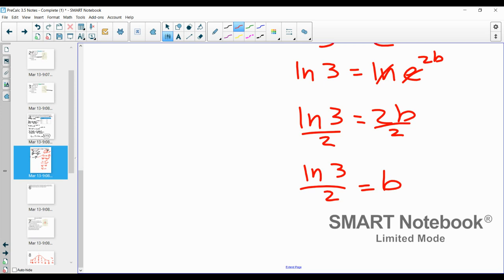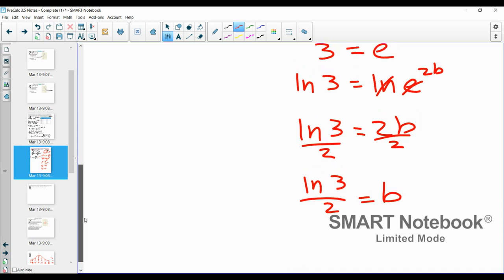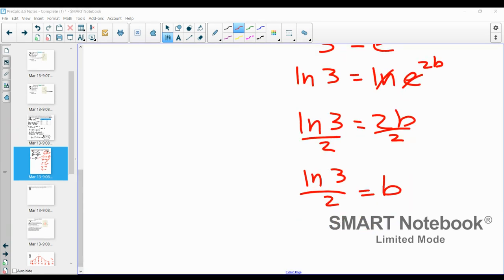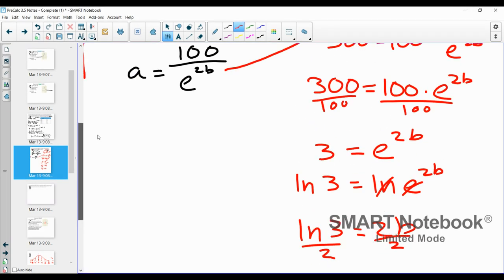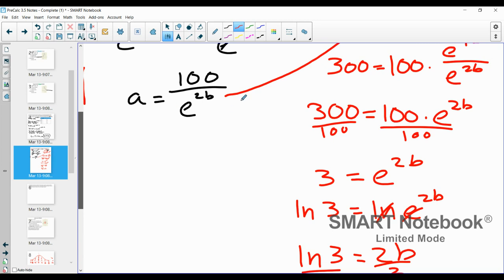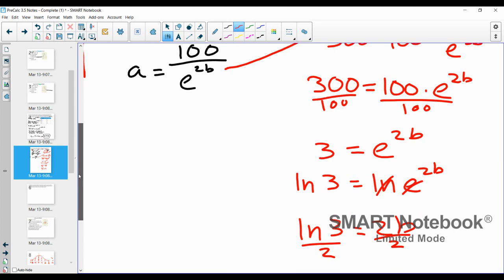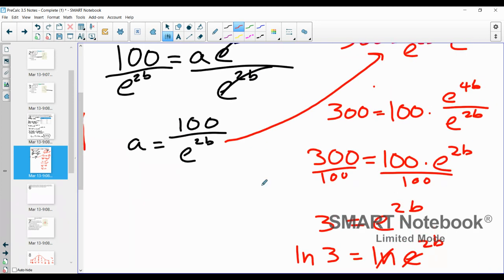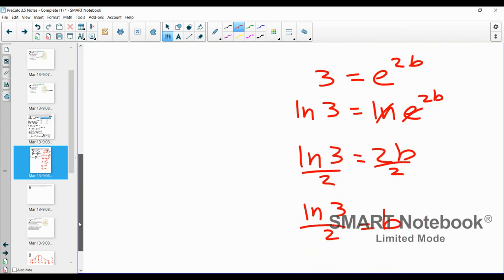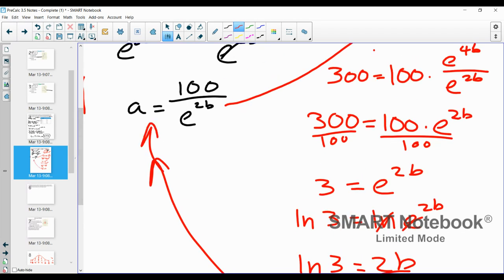All right, this is great so far. I'm almost done. I got so many pieces now. And what I'm going to do quick, I'll check for questions quick, but then what I'm going to do is I'm going to plug my b value in to my equation here, because if I plug b in, I can actually get an answer for a. So I'm going to work in a circle here. I brought this up to here. Now I'm going to bring what I found back up to here. Okay, so plugging this into up here,